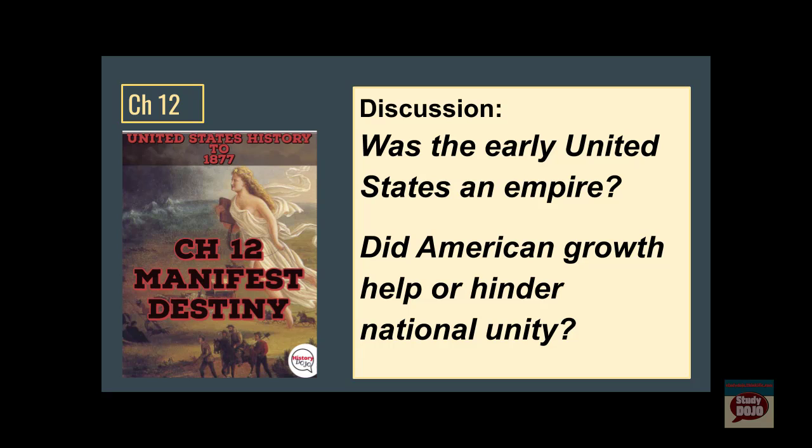But it also hinders national unity, in that with all of this expansion, you're going to see expansion of slavery. And debates over the expansion of slavery are going to lead to greater and greater national disunity. Indeed, as slavery began to expand, we see a breakdown of American politics. And remember that the essence of politics is compromise, and that if you cannot compromise, politics has come to an